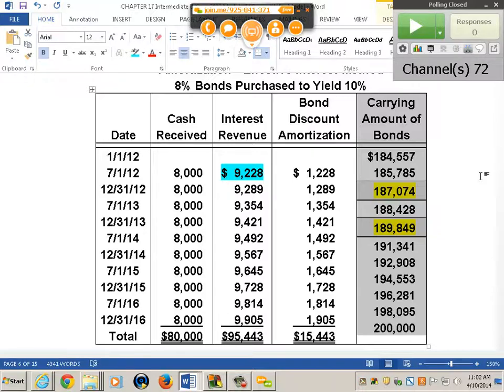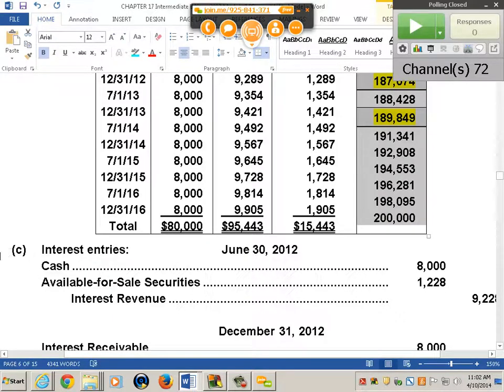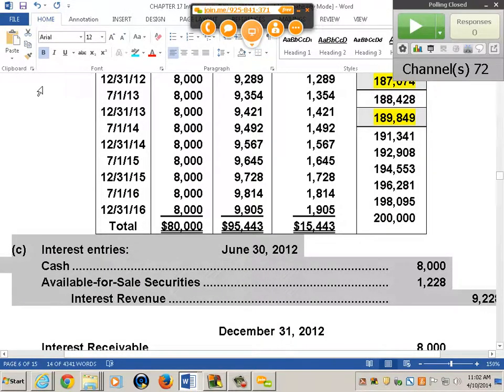And notice, of course, that your cash interest is $80,000 at the bottom line total. Your effective interest is $95,443, and the discount represents the non-cash interest, as always. So if you look at the first interest entry, it debits cash for $8,000 for the amount that we receive. We're going to have a debit to the investment account. So the investment account now increases, and I do have the T accounts later on in a summary,